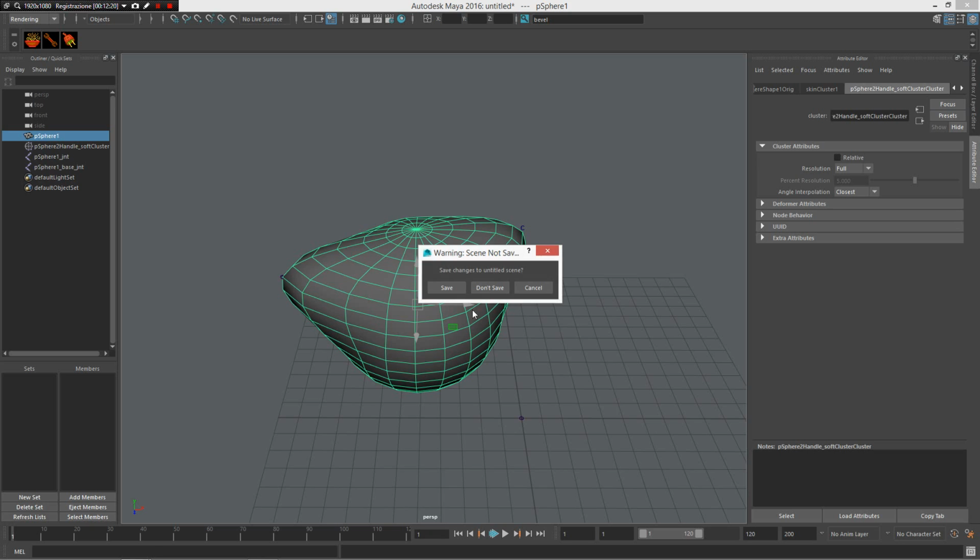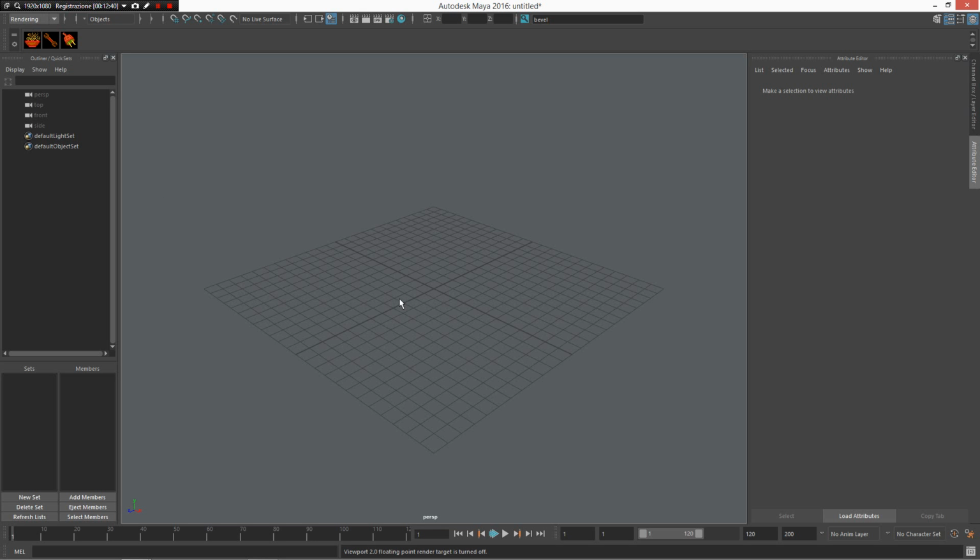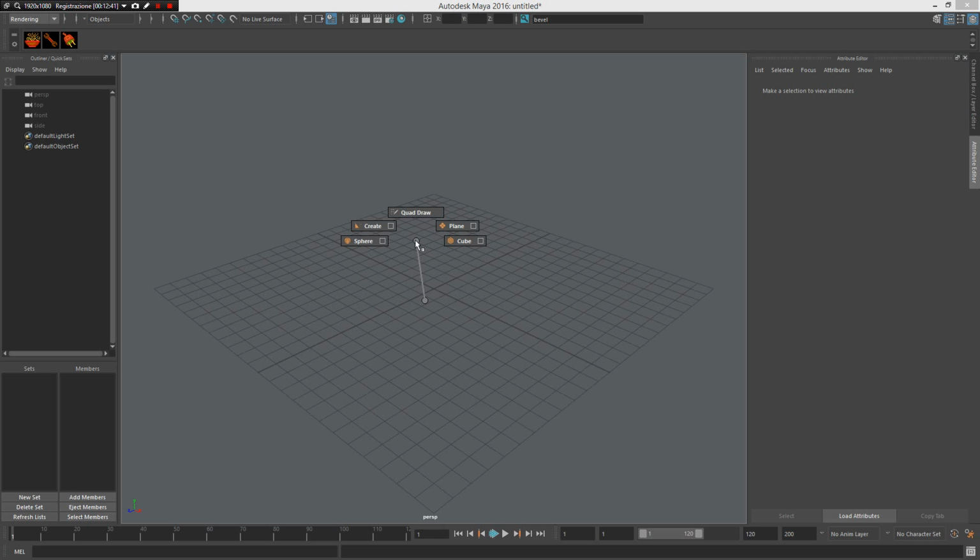Well, let's go over to another one. Jeffrey Hariono. I hope it's right. Sorry, Jeffrey Hariono. Rain curves from edges. This is a very great tool. It's very simple, but can make very powerful